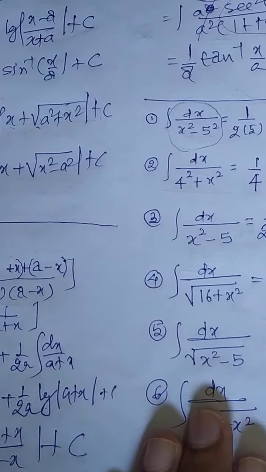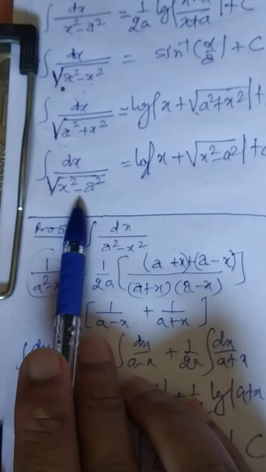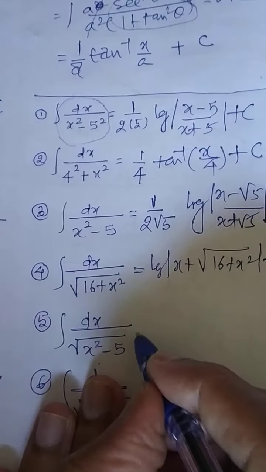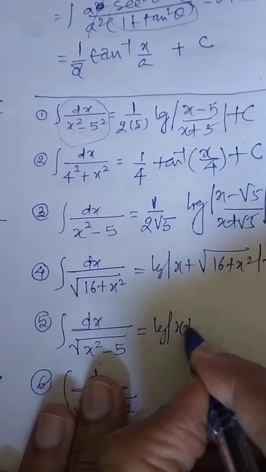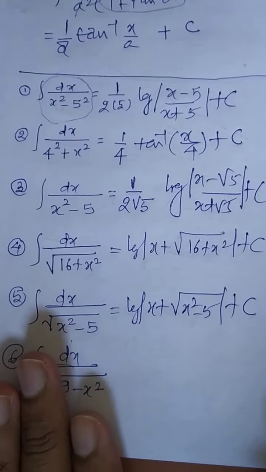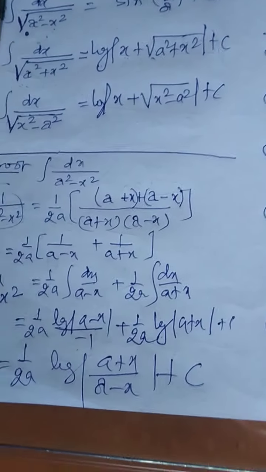Next, x square minus 5, root under x square minus 5 is on the same line. The formula approach, log x plus the same expression. It will be log x plus the same expression. Last, one more question to identify or connect with the formulas, then you can use